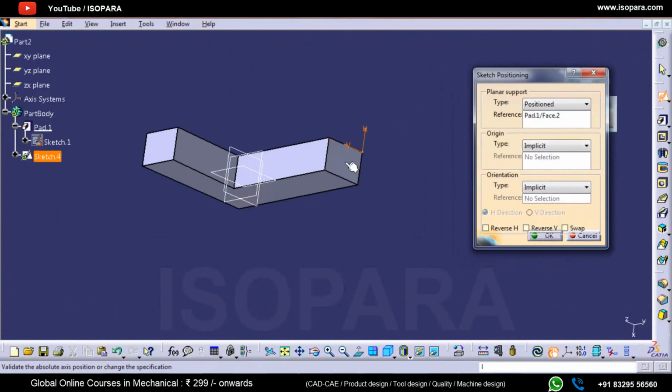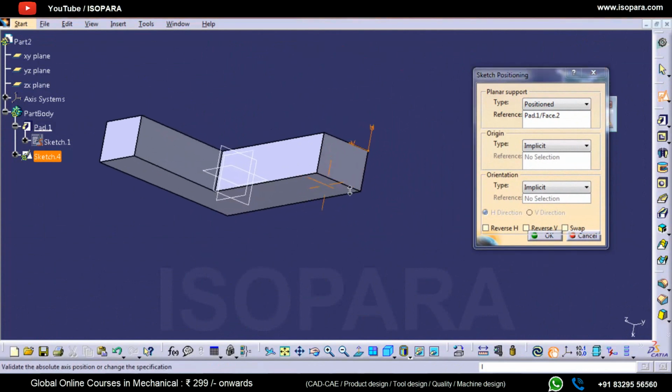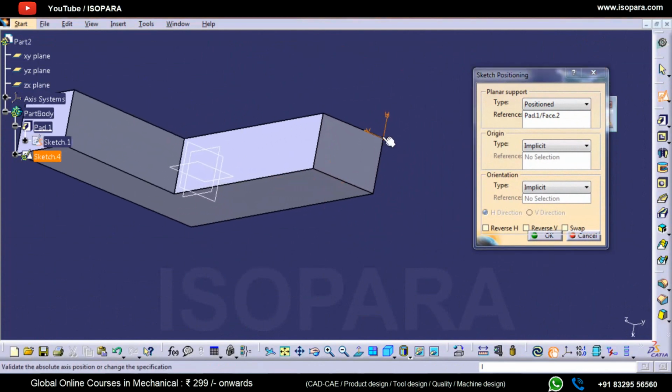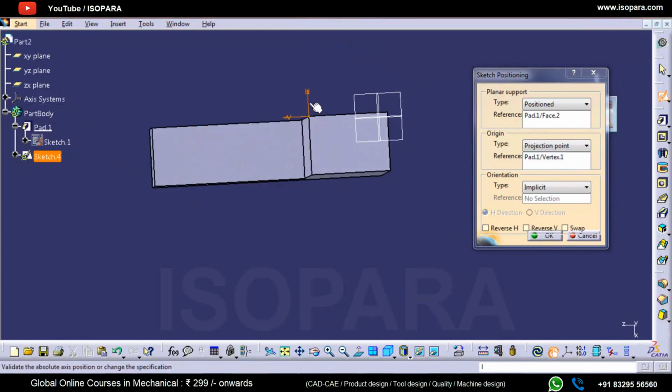I will select this surface. I don't want the orientation to be here; I want the part origin to be at this location, with vertical upside and the right side as horizontal.